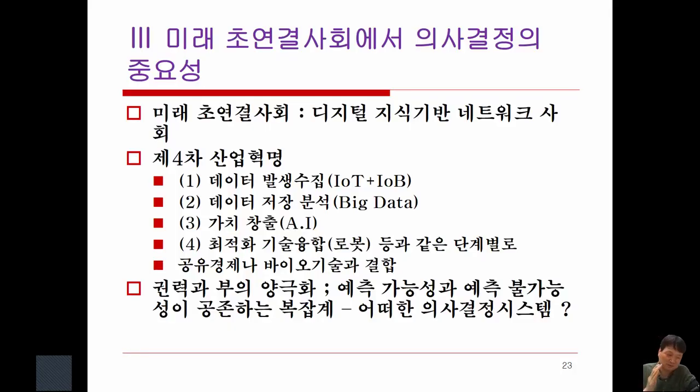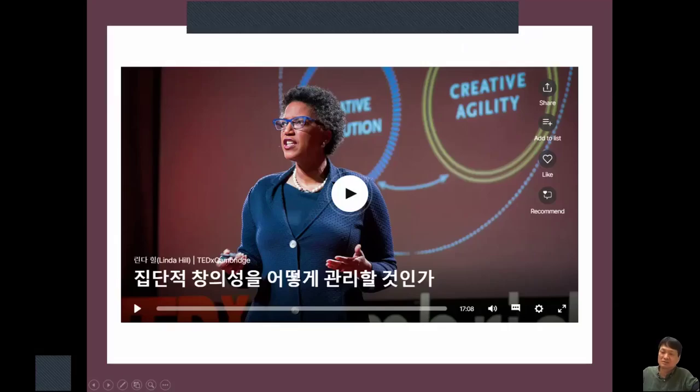왜 그게 될 거냐라고 생각을 해보면, 인공지능을 통해서 우리가 예측 가능한 것도 있겠지만 예측하지 못하는 것도 있을 거다. 왜냐하면 인공지능이 다 해줄 수 있는 건 아니에요. 계속 이야기하지만 보조적인 수단이라는 거. 왜냐하면 현실 자체가 복잡계이기 때문에. 그러면 어떻게 의사결정을 하는 것이 좋으냐와 관련해 가지고 제가 영상을 하나 가져왔어요. 집단적 창의성을 어떻게 관리할 것인가. 이걸 한번 같이 보도록 하겠습니다.